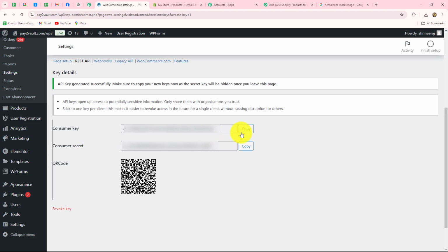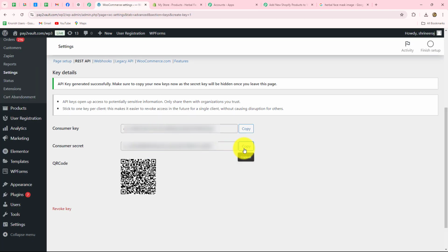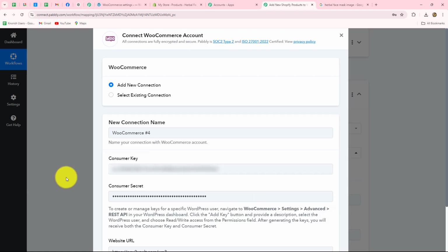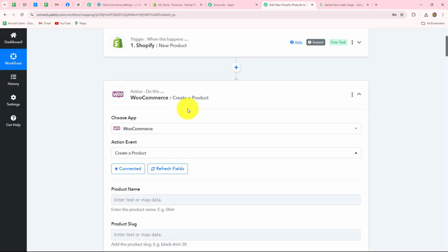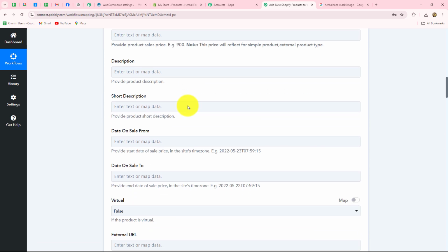First of all, let's copy the consumer key and we will paste it over here in the given field. Then we have the consumer secret. Let's copy and paste it as well. Alright, we'll click on save, and as we have done that, the connection between WooCommerce and Pabbly Connect is built successfully. So now we are going to move forward towards entering the details in these fields to create a product